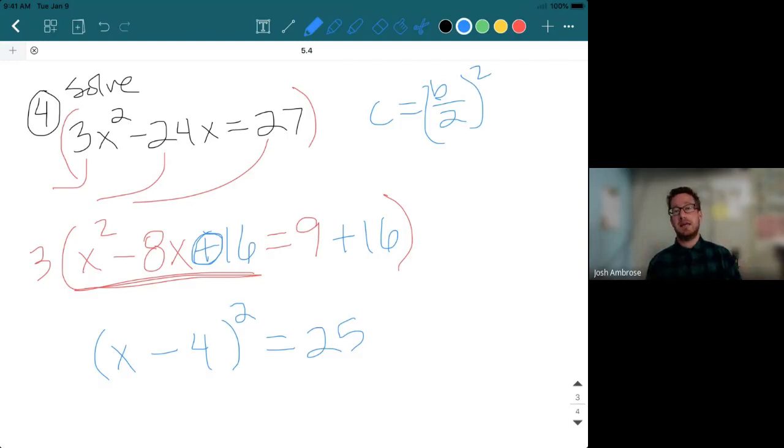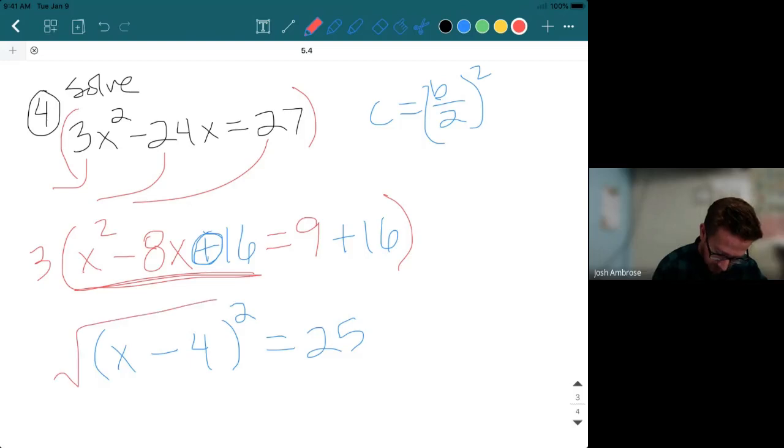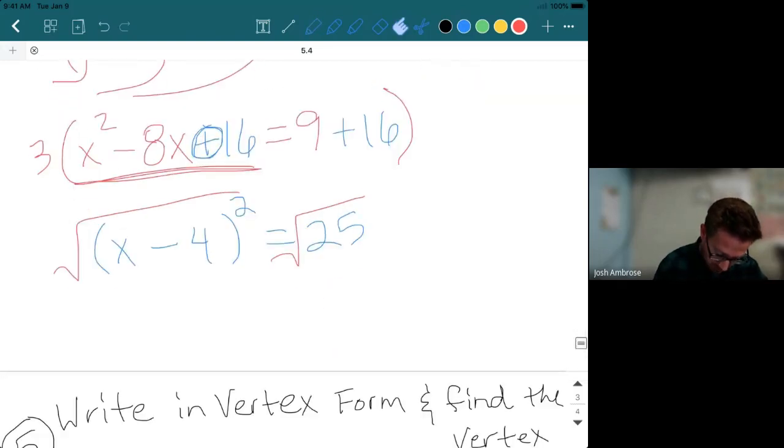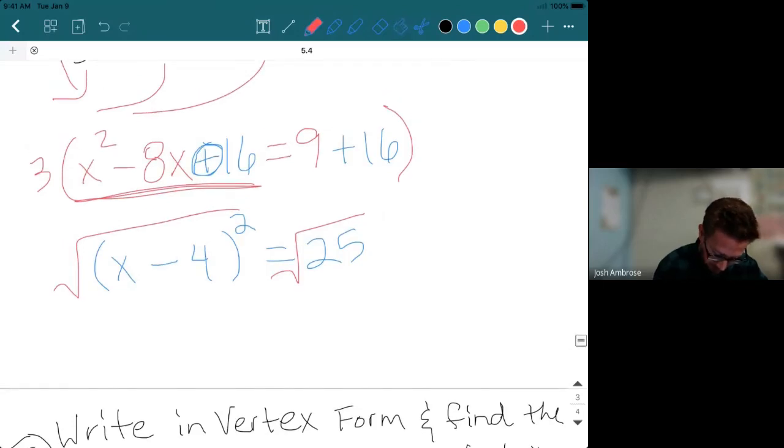Now we like it. Now you should see 25 is great. That's a perfect root. We also know the other side is a perfect root. So let's go back and do the steps that you've already seen. Take the square root of both sides. And now you're looking at x minus 4